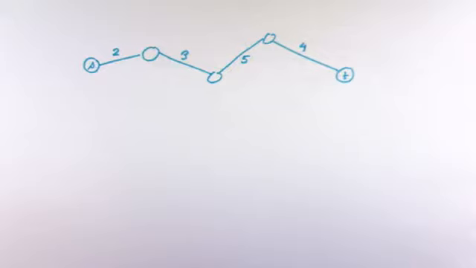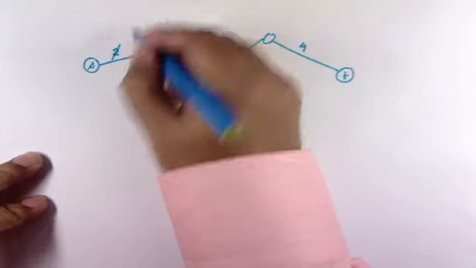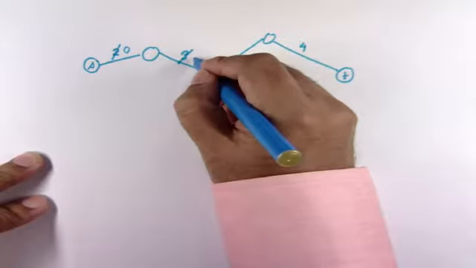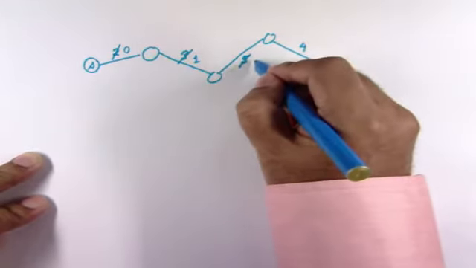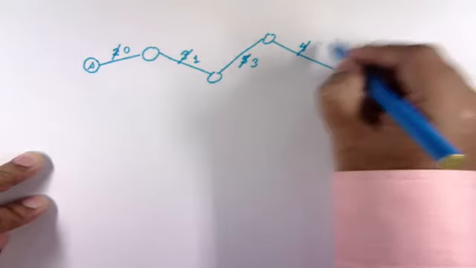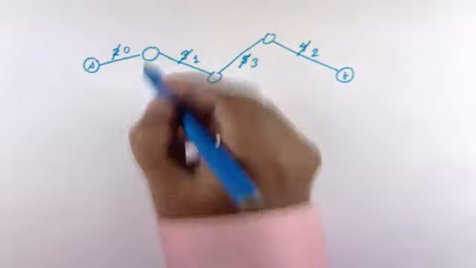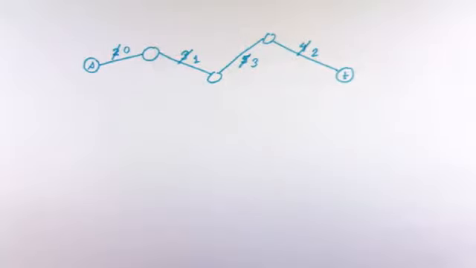2, because I have to take the minimum of all these capacities, that is the bottleneck, right? If I push 2, what does the residual capacity of this become? 0. Residual capacity of this will become 1. Residual capacity of this will be 3, and of this one 2, right? Now, because this residual capacity is 0, along this path I cannot push anything else.